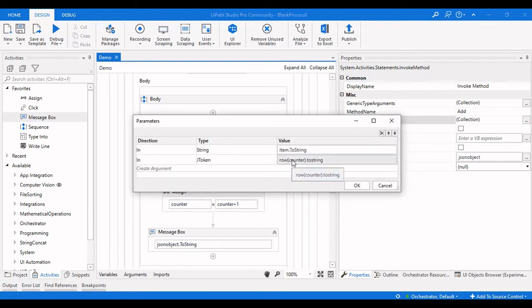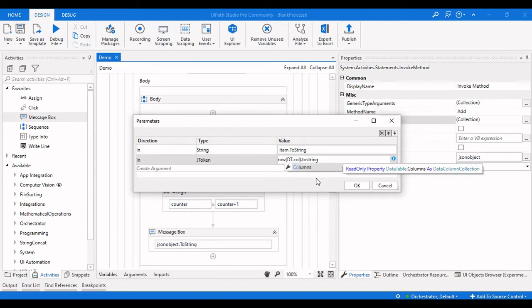Instead of passing counter, we need to pass a value based on the column count, dt.columns.count, which will be 2 in this case. So whenever the dt.columns.count minus